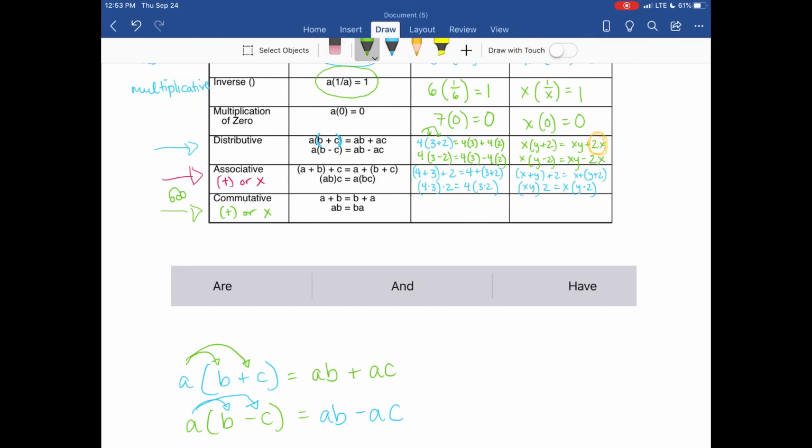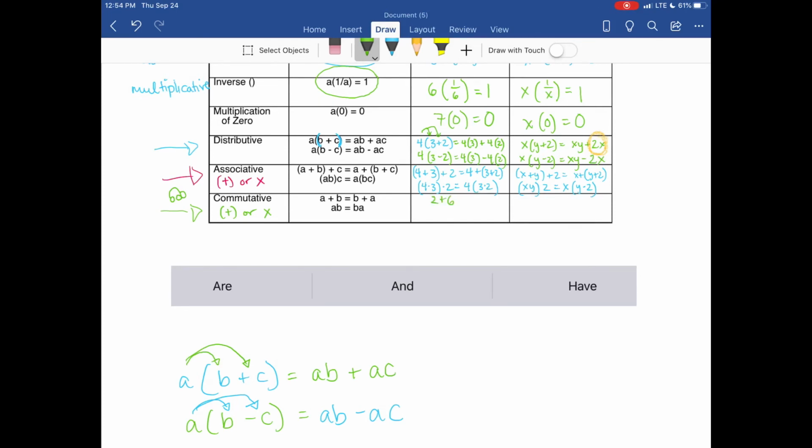A plus B will equal, then I can flip them, right? They commute, they move, they switch places. A plus B equals B plus A. That is not the symmetric property, people. That is not the symmetric property. A plus B equals B plus A would be the same as saying